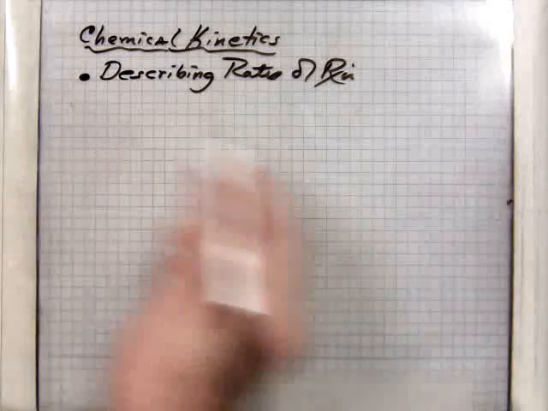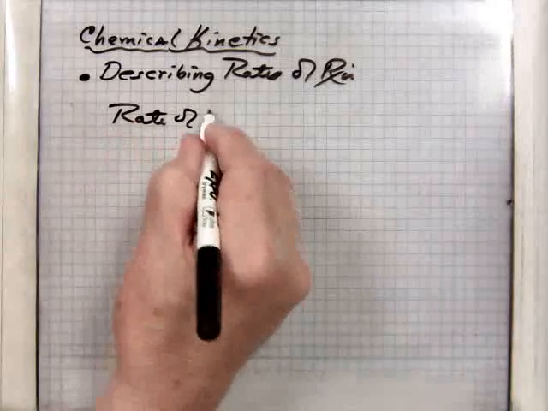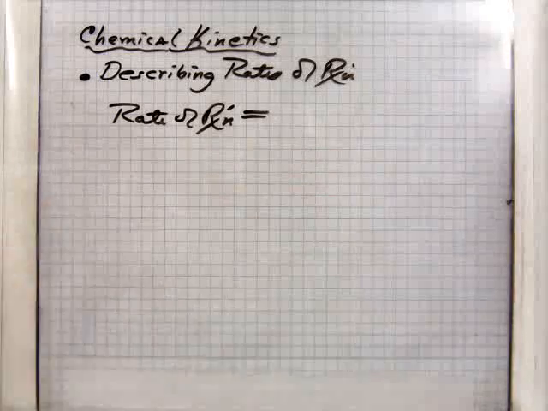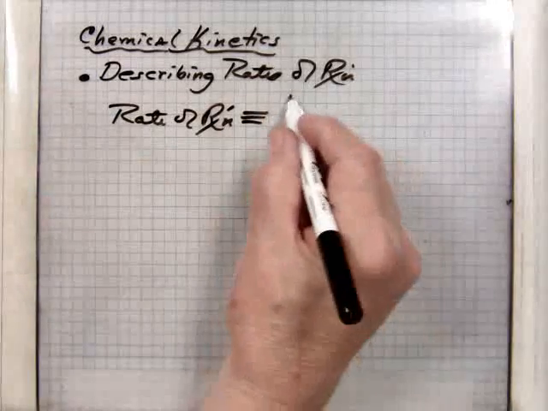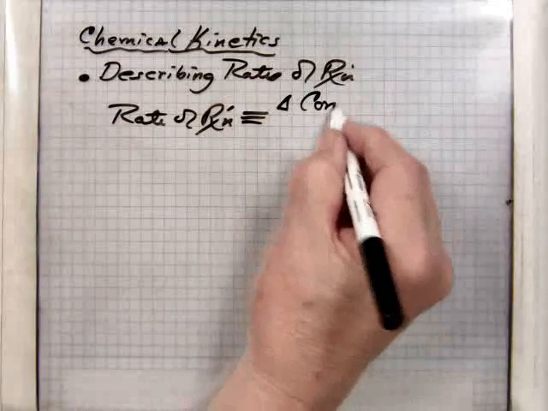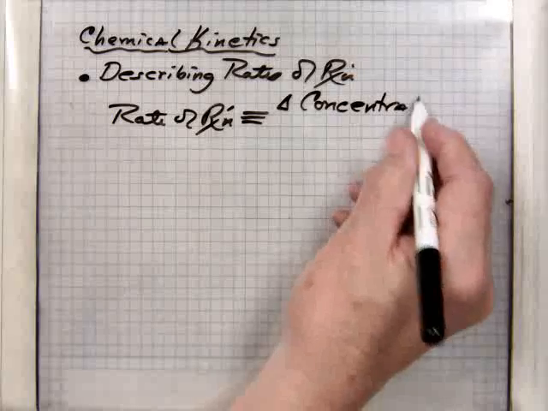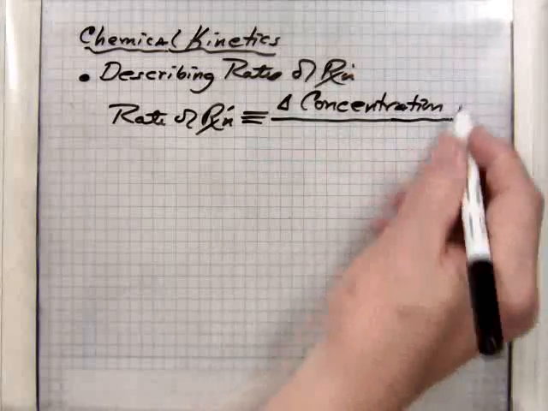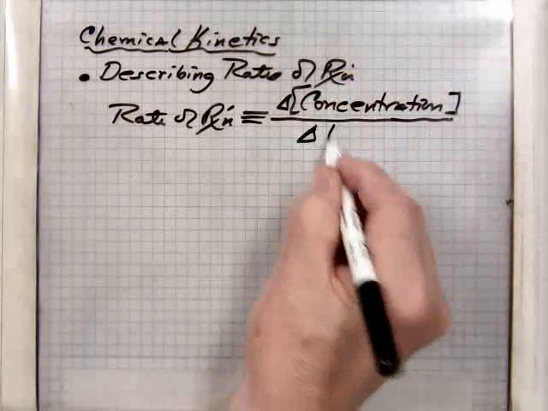In the world of chemistry, as I mentioned earlier, rate of reaction has to deal with, or is proportional to, or is defined by a change in concentration terms, usually molar concentration terms,